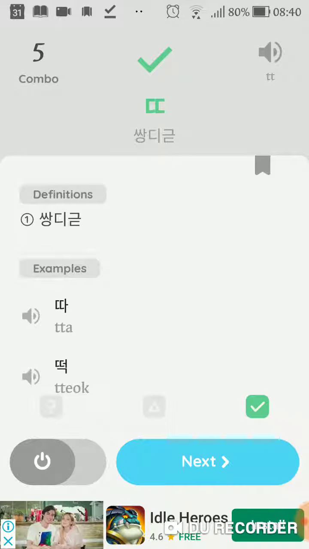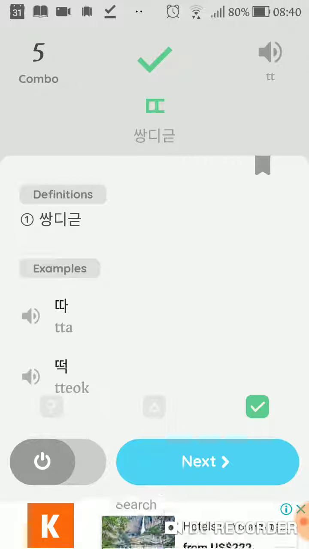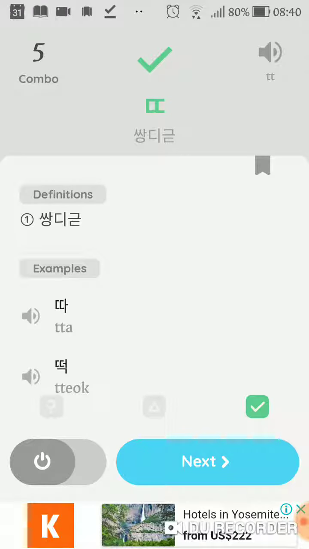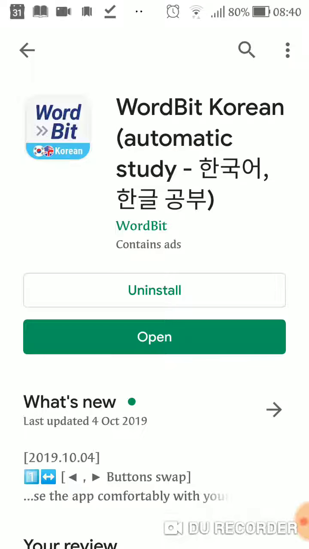You also have an option for bookmark, but since I'm a beginner and of course all words would be new to me, it doesn't make sense for me to put a bookmark on all of the words, right? So if you're done with it and you want to go back to your normal screen, you can just slide the power button on the lower left, and it will bring you back to your screen. And what's good about this app is that if you lock your screen,